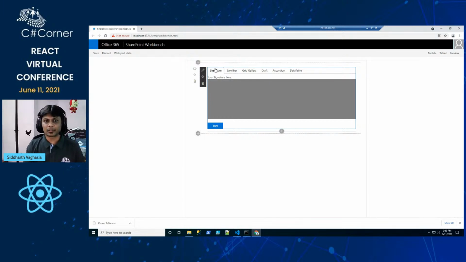So if you see here, I have created tabs, which is the tab component which I have used, and then I have created 6 tabs for each of the components which we are going to check next, and each component is loaded as a part of a tab panel. Right, so let me show you a quick example of how the signature works here. For example, if I say